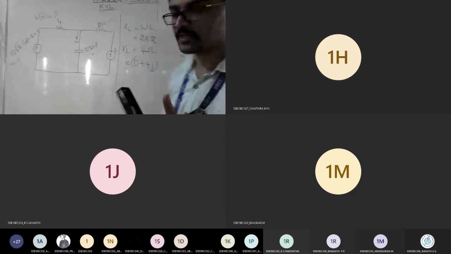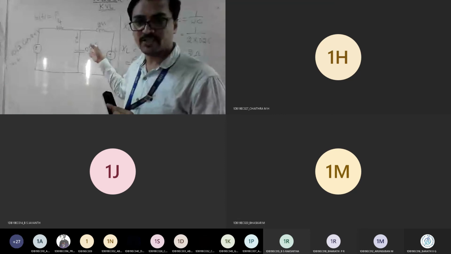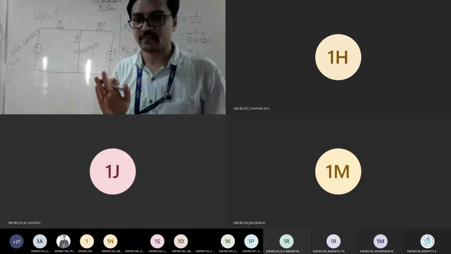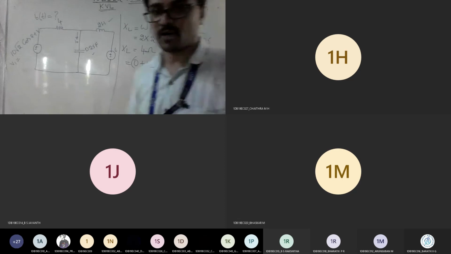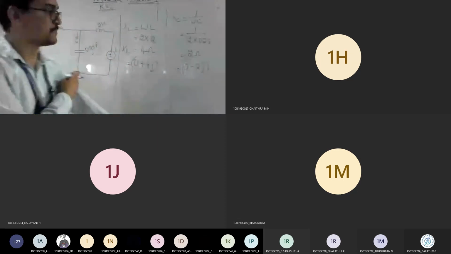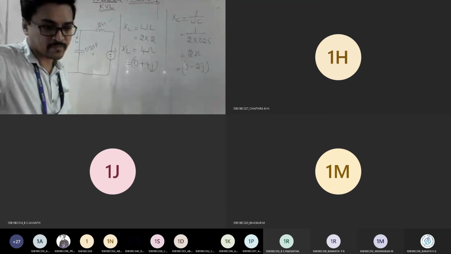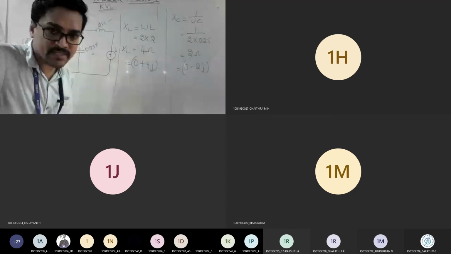See, that is a mistake you will commit. So always remember, whatever value of capacitor, whether it is given in farad, whenever you convert to reactance, it should be negative. So this becomes 0 minus 2J. So now, did you find all the terms in the network for our mesh analysis concept? Everyone, is it fine till here?